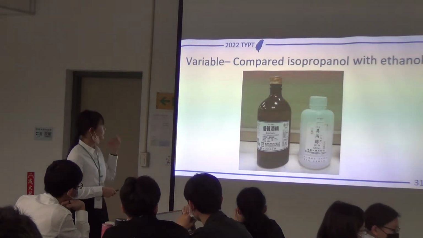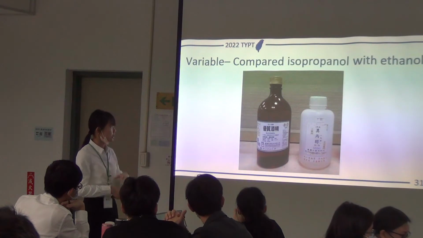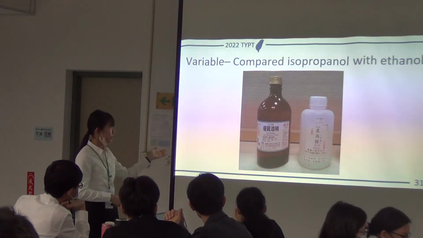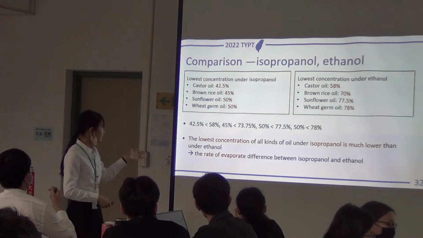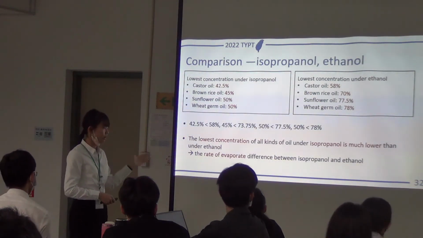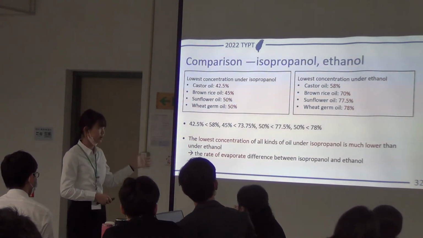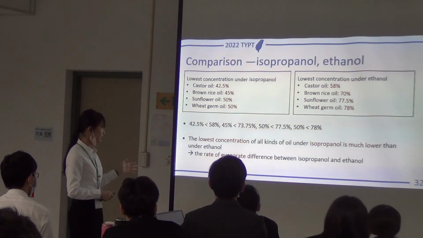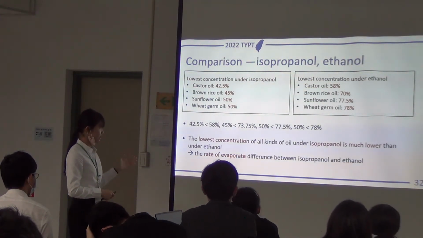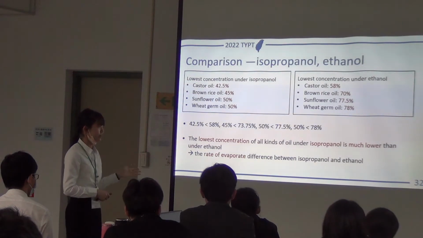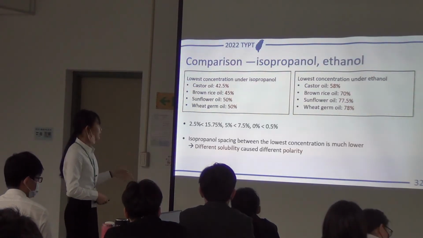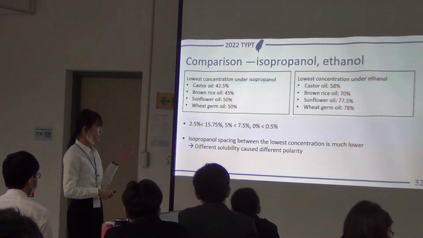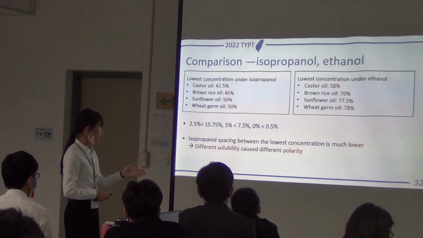So we've got another variable, type of alcohol. We compare isopropanol with ethanol to do more in-depth research. As you can see, the lowest concentration of all kinds of oil under isopropanol is much lower than under ethanol. And we think it is because of the difference in evaporation rate between isopropanol and ethanol. And you can see another difference in this chart. The spacing between the lowest concentrations for isopropanol is much smaller, and we think it is because of the different solubility